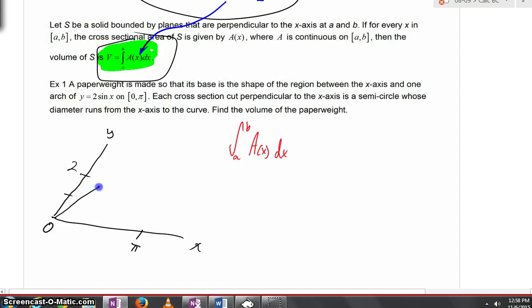At pi over 2, we'd be all the way up at that maximum, and then we're going to come back down. So suffice it to say, guys, this is the base that we're building upon. So what's going to happen is we're going to have planes perpendicular to the x-axis drawn in, and they're going